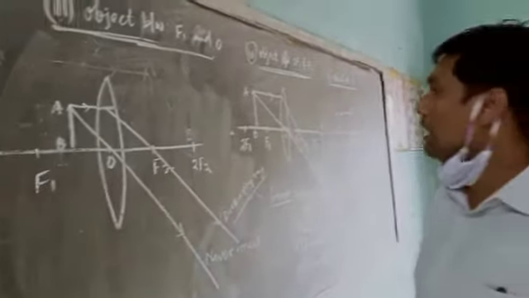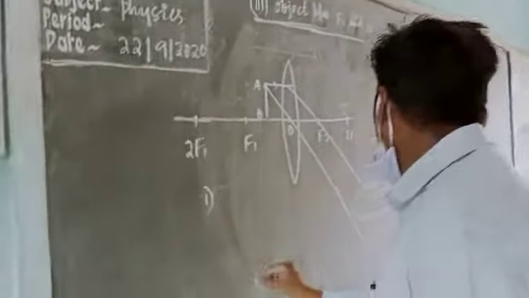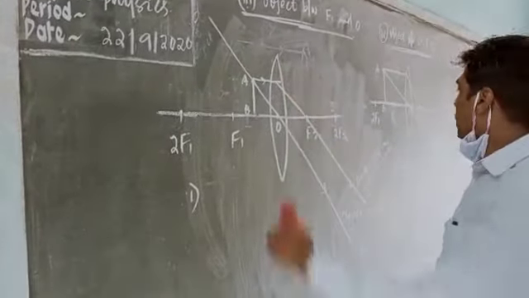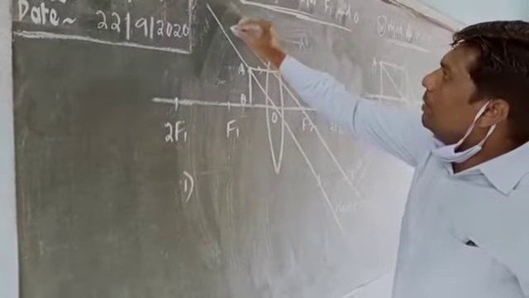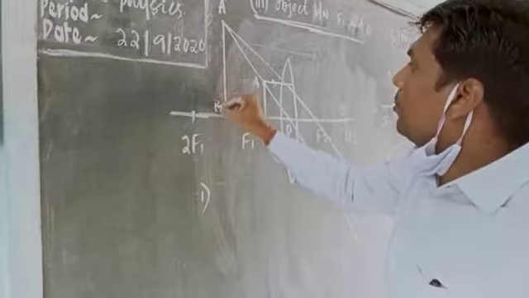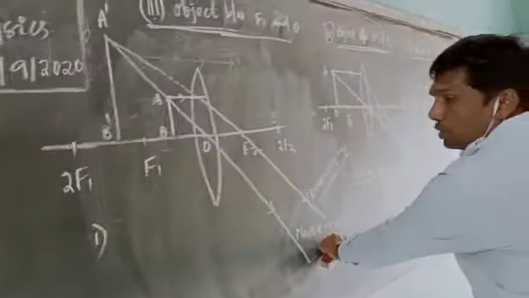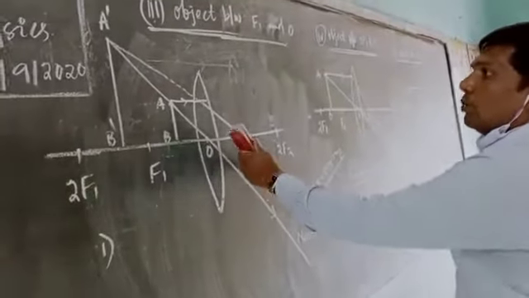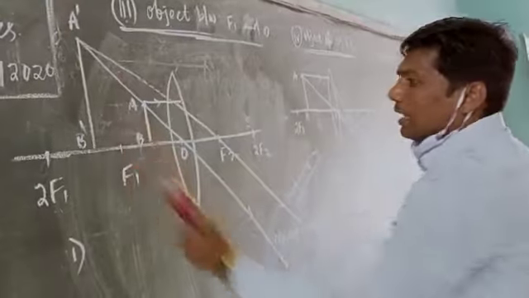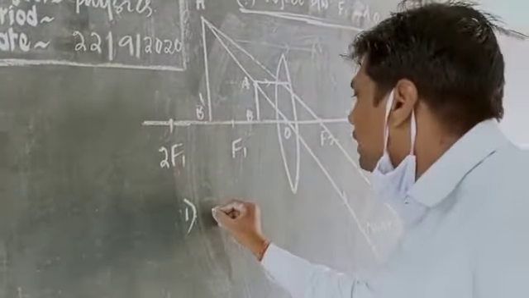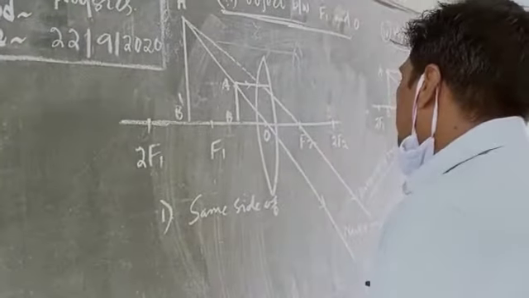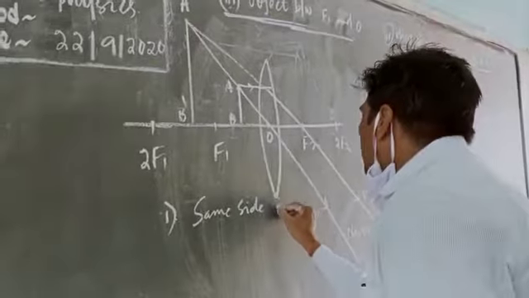So in this case, what is the nature of the image? The image is never created on this side, but when we draw the lines backward, they intersect each other on the back side, and the image is created there, which becomes A dash and B dash. On this side they never meet, therefore the image is never created, but when we draw the backward lines, the image is created on the same side of the lens as the object.